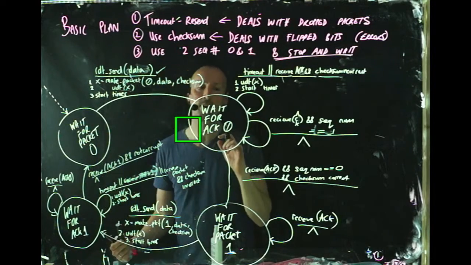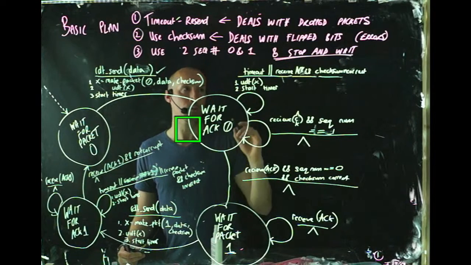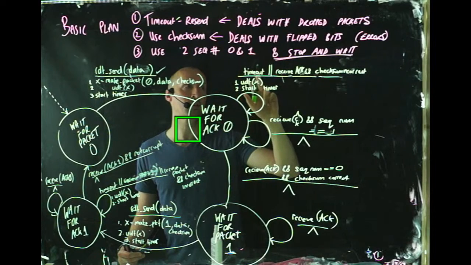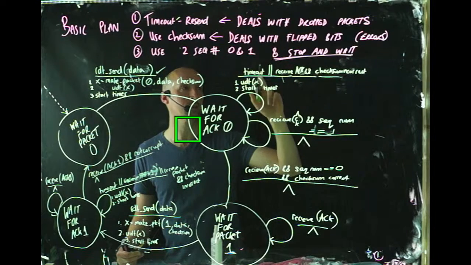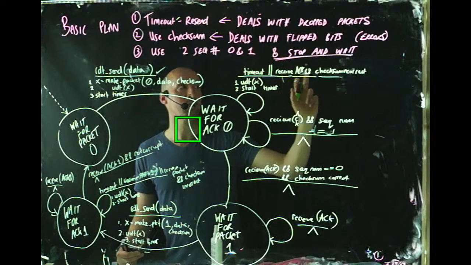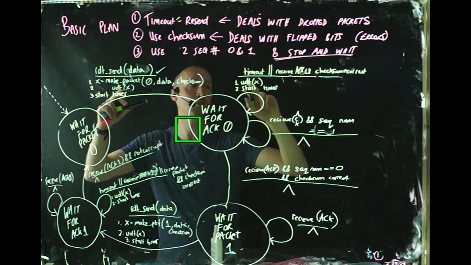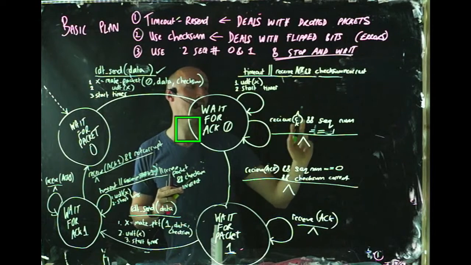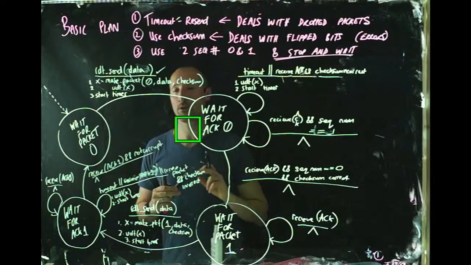Jared Butler to come back with acknowledgement for item 0, for element 0. While you're over here waiting for that acknowledgement, certain things can happen. The first thing is you get a timeout. Second thing is he says acknowledgement for packet 1 instead of packet 0, which means it's an old acknowledgement. You get timeout can happen, or you receive a corrupt acknowledgement, in which case repeat what the message that you just created over here. So you say 0 on the data and you restart the timer. If you get back an incorrect acknowledgement, say AC1, you do nothing, you just stay here waiting for your acknowledgement,